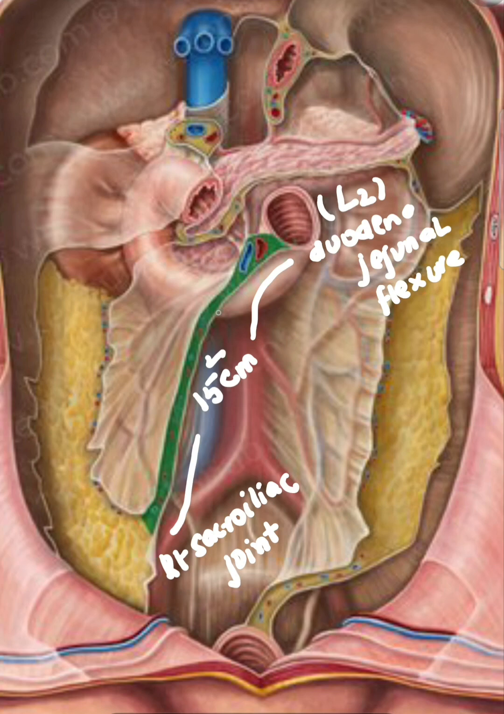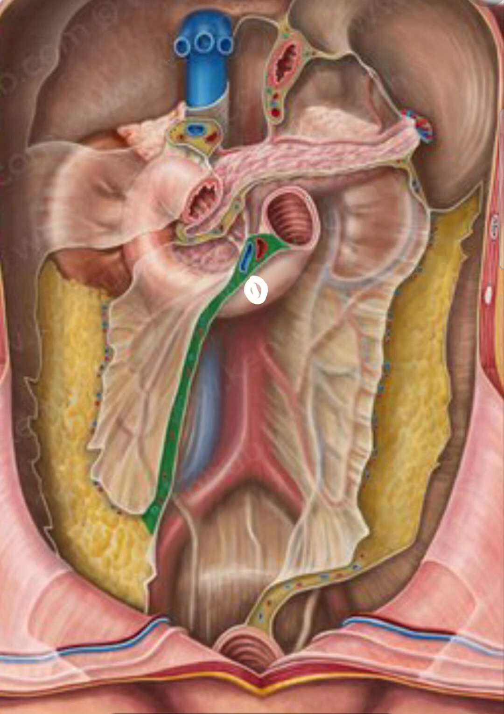The first one is the third part of the duodenum. Number 2 is the abdominal aorta. Then we have the third, that is the inferior vena cava. The fourth one is the ureter. And the fifth one is the right psoas major, which cannot be visualized because of the fat layer, that is